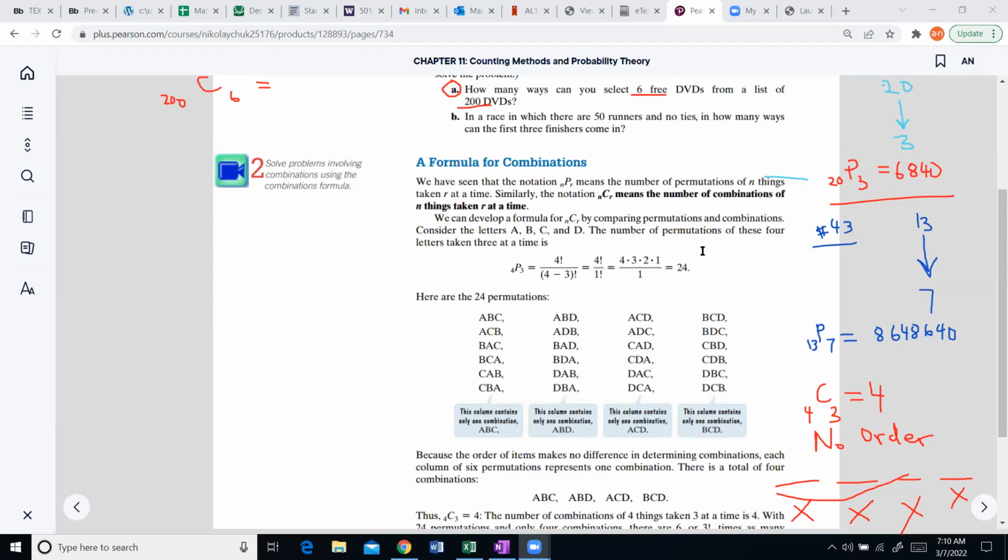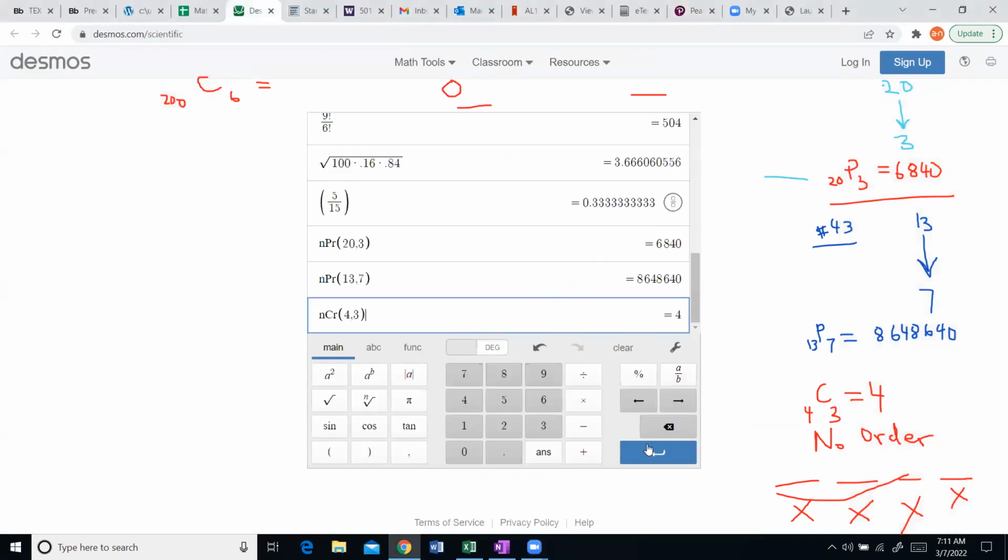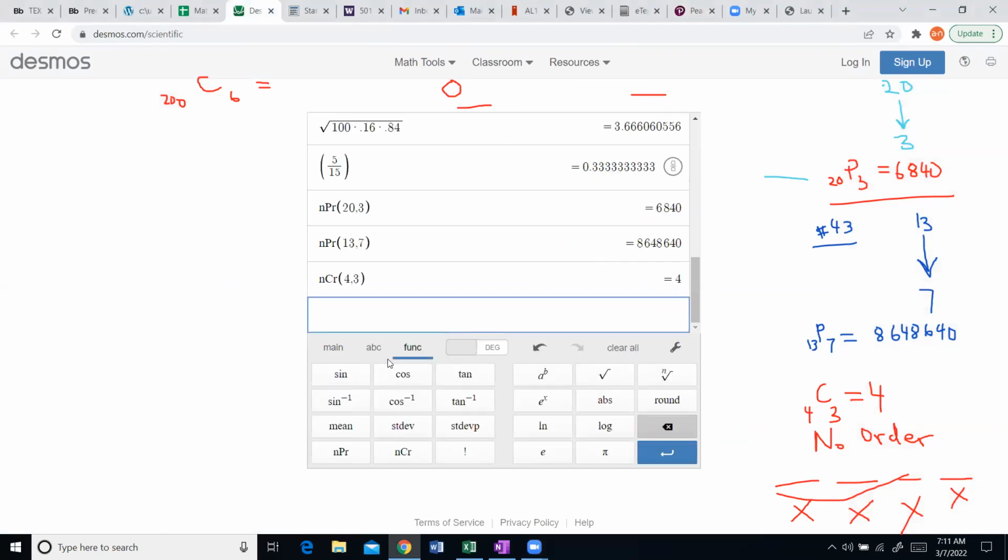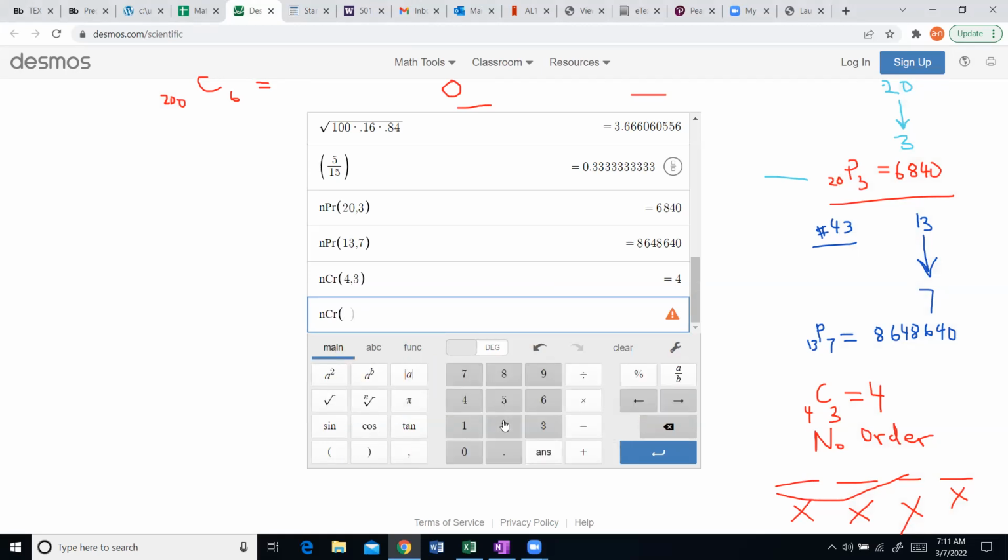And of course, for the calculator, I'm going to go to functions. Now we select combinations. Please double check how you can find these on your calculator. And then 6 chosen out of 200 gives you a big number, right? What kind of number is this? 10 to the power of 10. So you need to move your decimal 10 places. 2, 3, 4, 5, 6, 7, 8, and 2 more. So the answer actually is going to look like